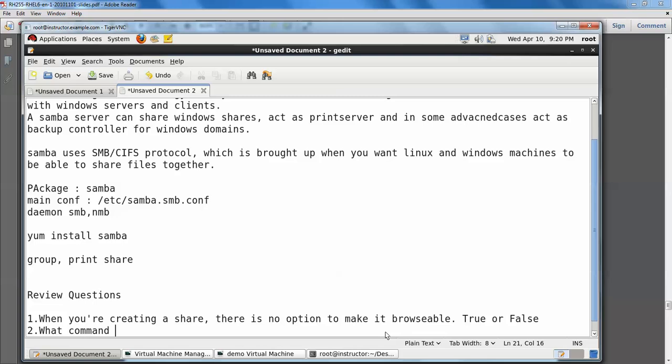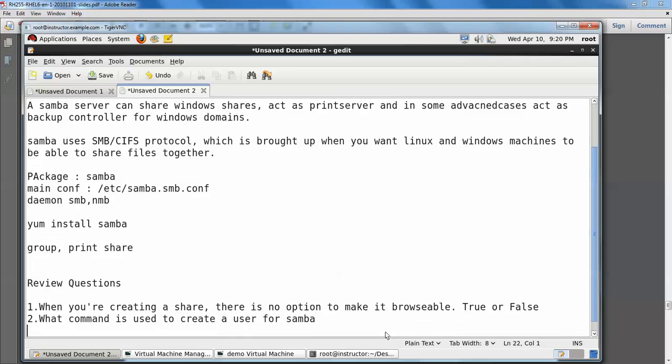Third one. What command can you use to view mounted Samba shares?